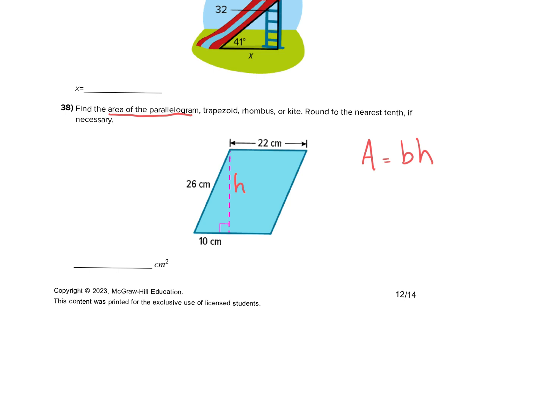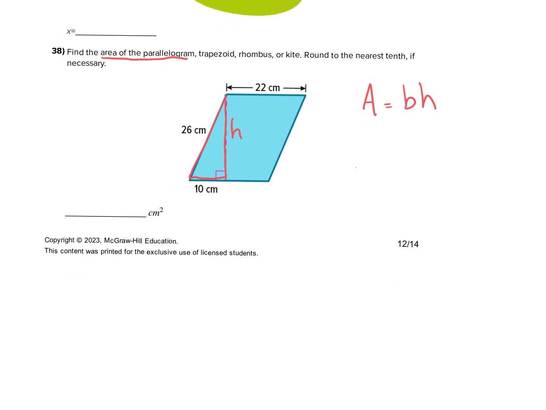Okay, height in any 2 or 3 dimensional figure is always perpendicular to the base. So that 26 centimeters is the length of one of the sides. It is not the height. But we can calculate the height because the height's always perpendicular to the base, so I have a right triangle. So using Pythagoras' theorem,